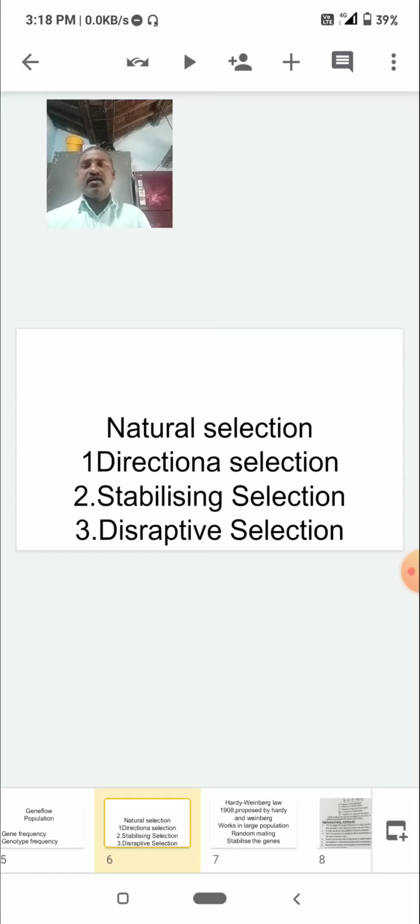So in California, the one land divided into wetland and dry land. Here the sunflower populations are divided into two subpopulations. This is a dry land sunflower. Whenever the river moves into this area, that land converts into wetland, so the sunflower adjusts to the wetland. So here one population is divided into two populations. This is called centrifugal selection.